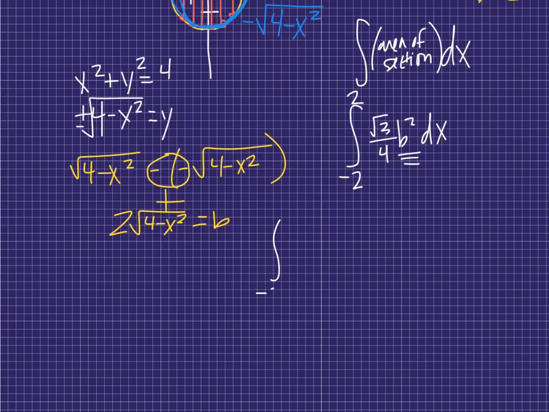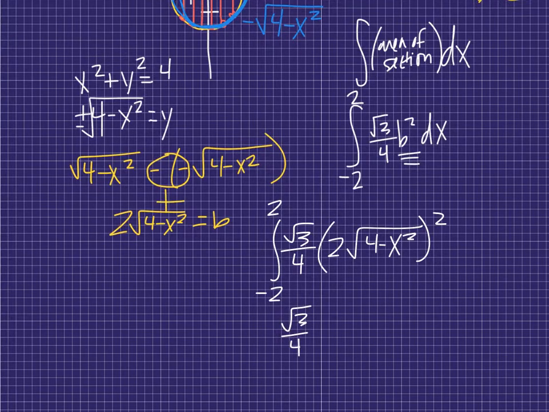The integral from negative 2 to 2, square root of 3 over 4, which I could put on the outside if I wanted to, times 2 square root of 4 minus x squared, squared. Technically, that is one whole term since the 2 and the square root are being multiplied. So I'm going to do square root of 3 over 4 on the outside, negative 2 to 2. If I square this, this is going to be 4 times 4 minus x squared dx,